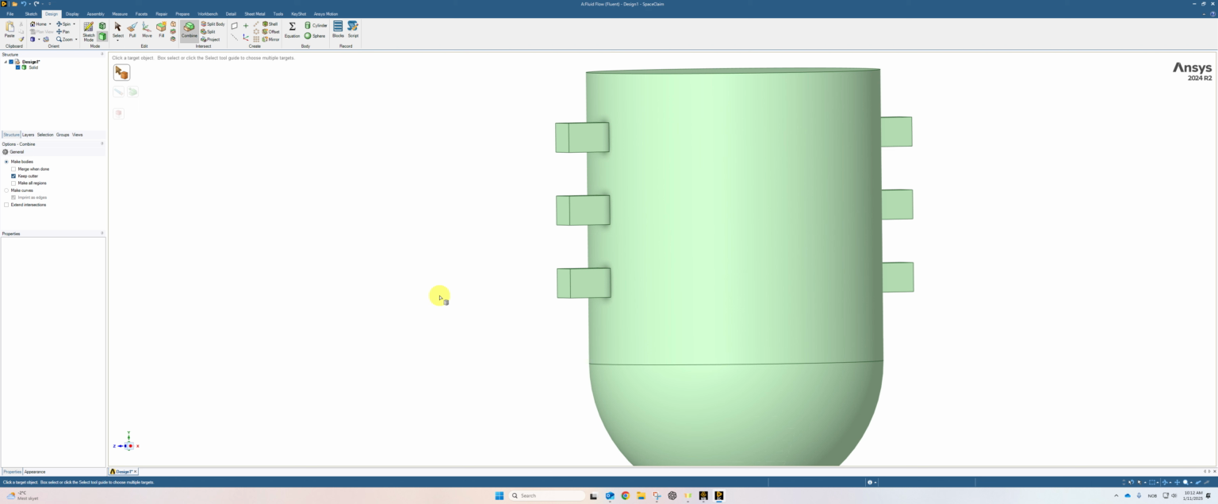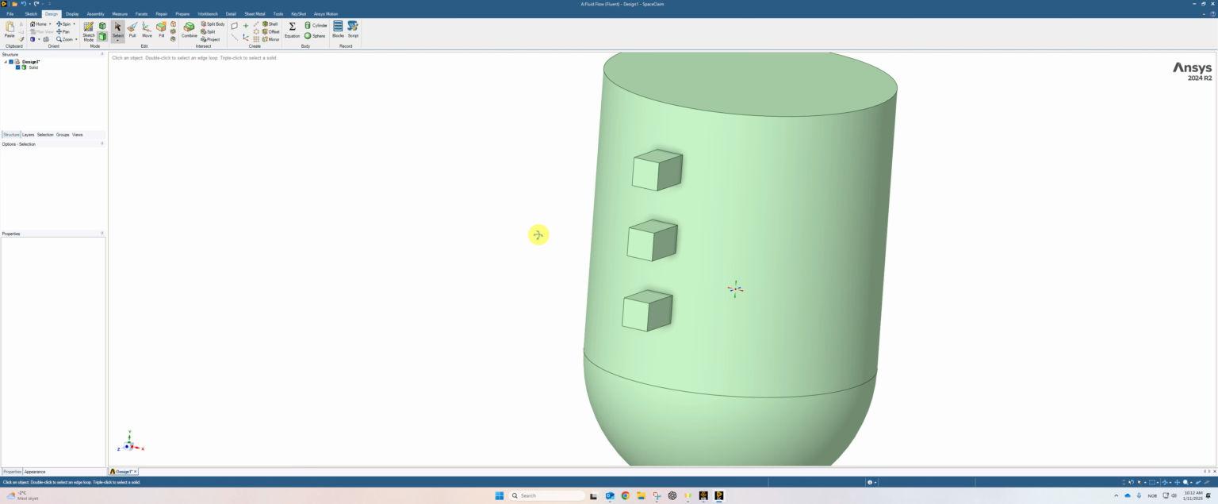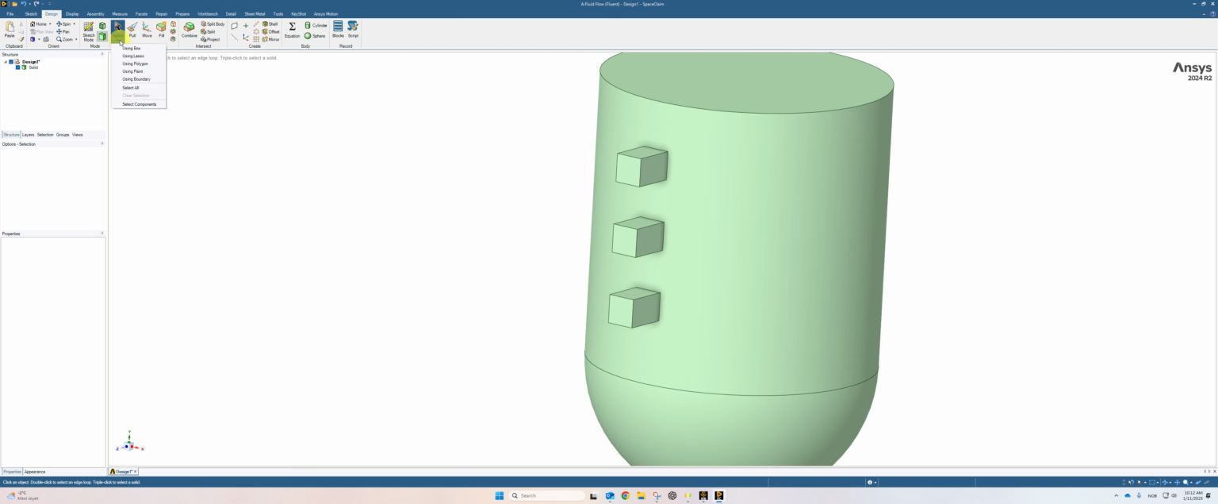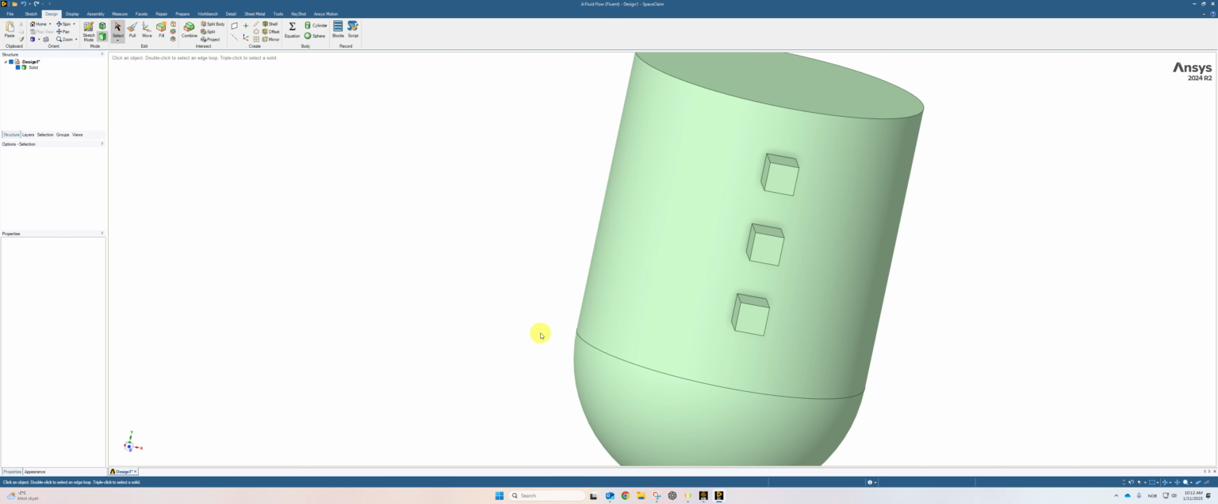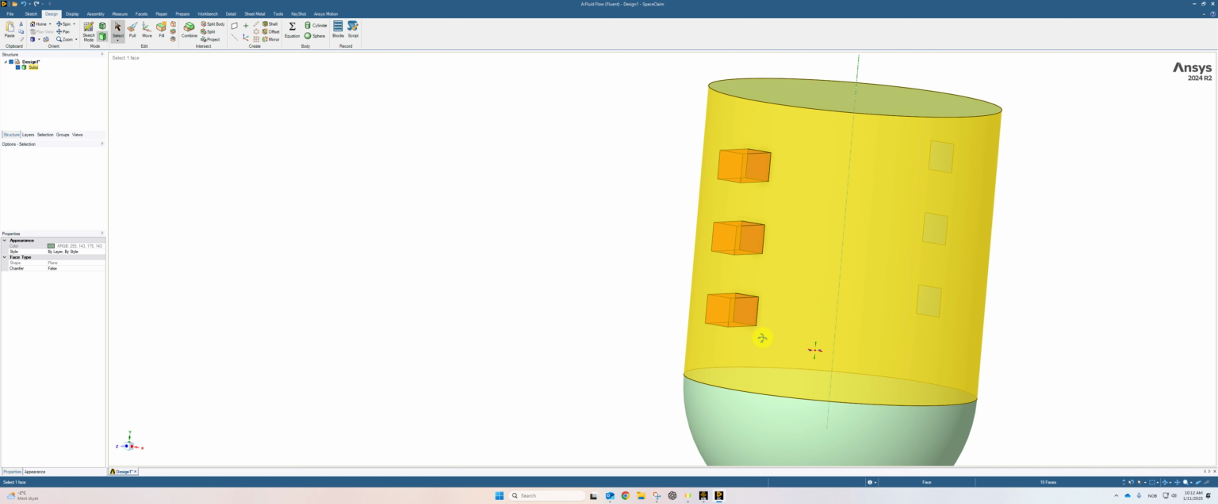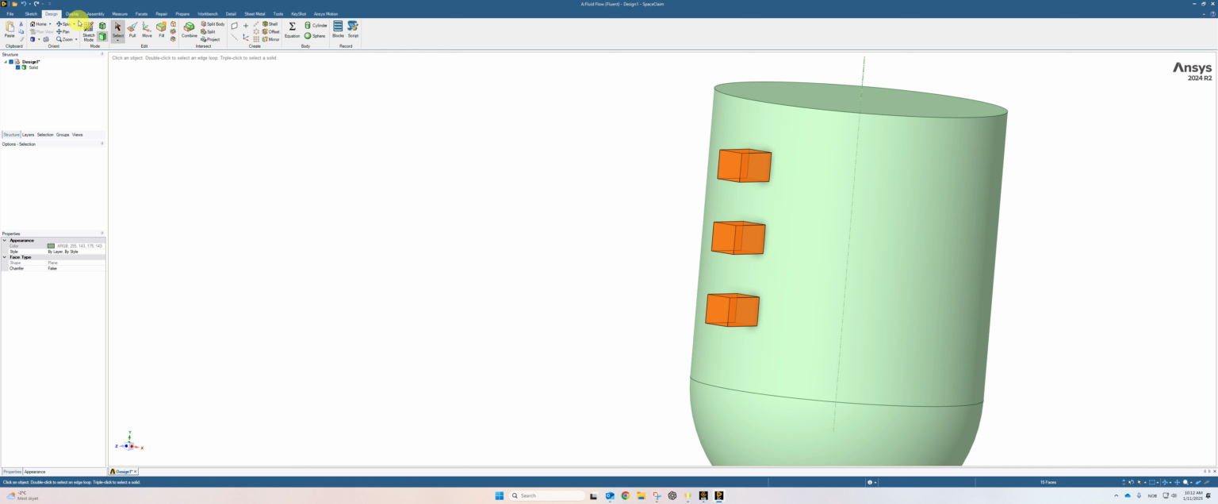The next step is to give this inlet some angles because you don't want to inject the water like 90 degrees. I would like to give it some angle. Therefore, I go to select, use box, or let me do it again. Use box. Now all the faces are selected and then I go to